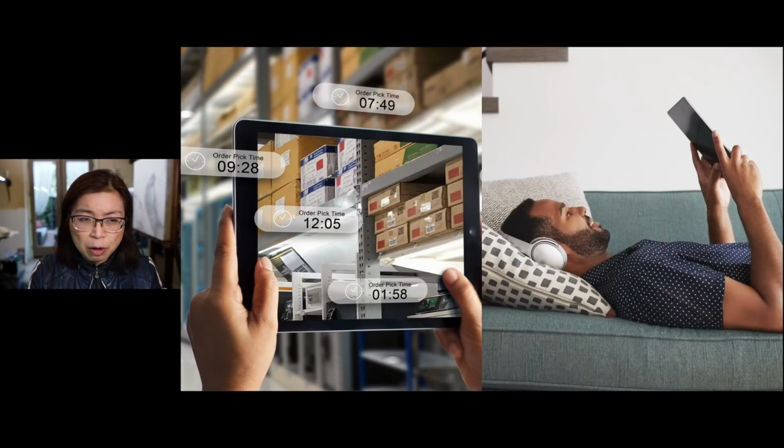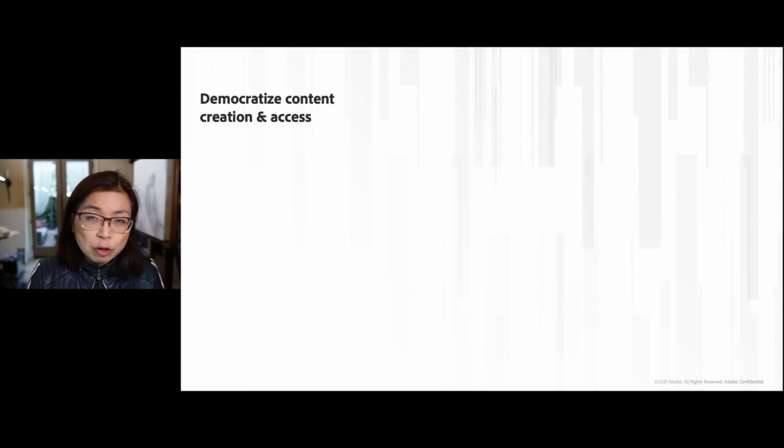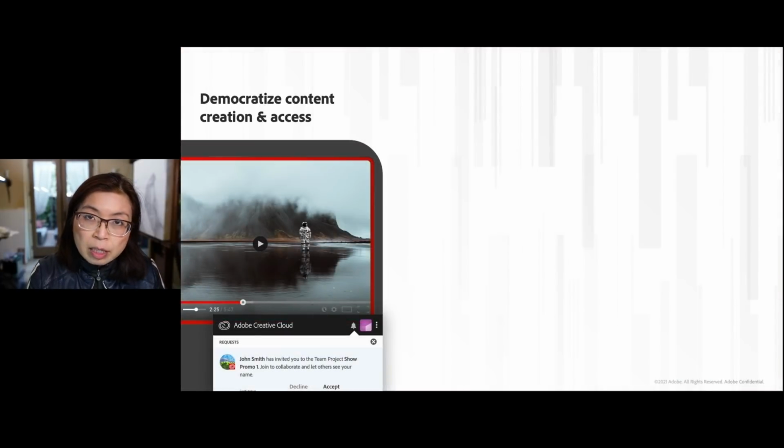And this opportunity is really in three areas that are very much aligned to the Adobe Experience Manager strategy that I shared. One is that digital businesses need to be able to democratize content creation and access across the organization. And this requires developers to innovate to make sure that content within Experience Manager is able to reach other applications and surfaces that employees across an organization need in order to create great customer experiences that really serve the entire customer journey.